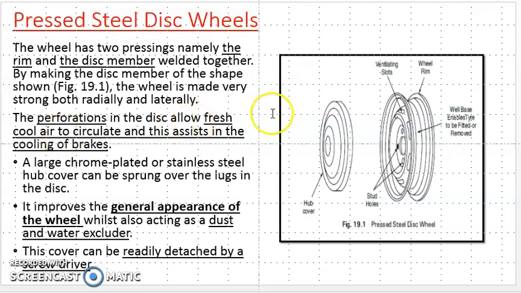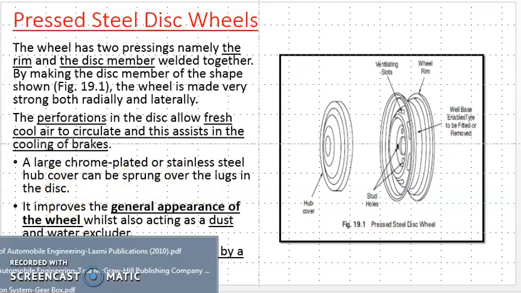And there are some ventilation slots so as to circulate the cool air, and this will assist the cooling of the brake. And the stainless steel or chrome plated hub cover in this disc